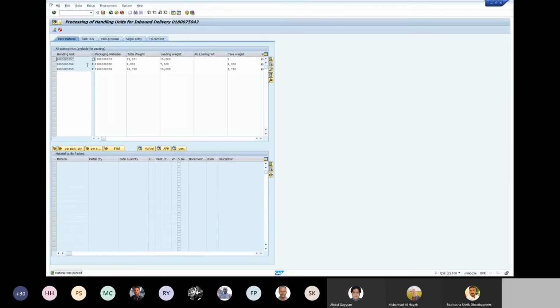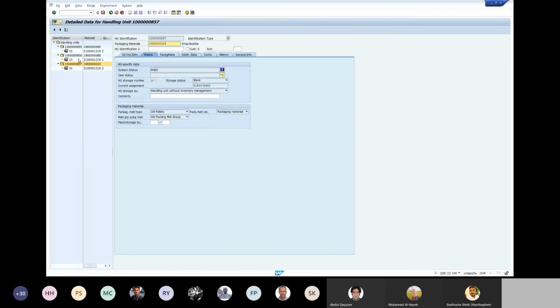If you remember, we packed 2 ambulances in one container, and that makes a handling unit. 1 ambulance in another container makes another handling unit. And then 2 ambulances wrapped in bubbles make another handling unit. What we need to do is to edit the details of the handling unit. We double click next to the handling unit, and then